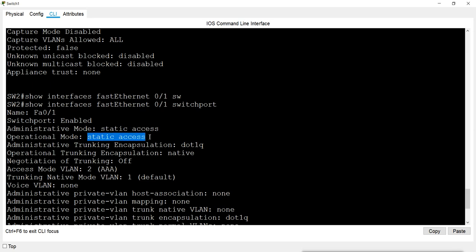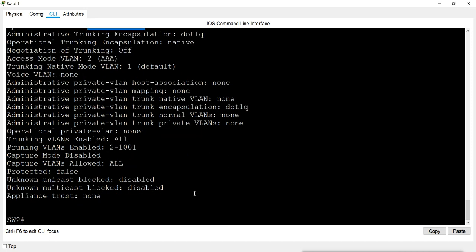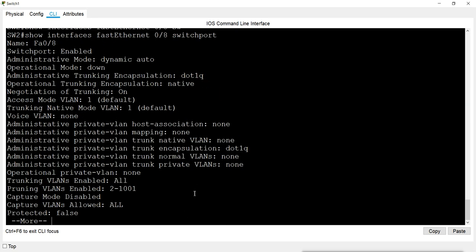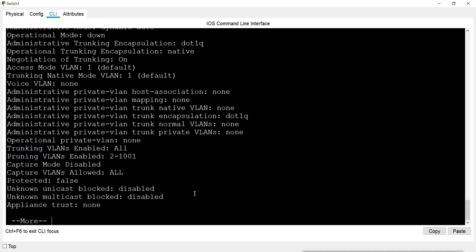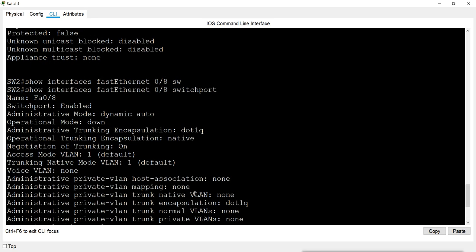Now if you don't convert it, what does it show? Suppose I try to see port number 8, it is not connected. So what it is showing here is that the switchport is enabled, but the administrative mode is dynamic auto.